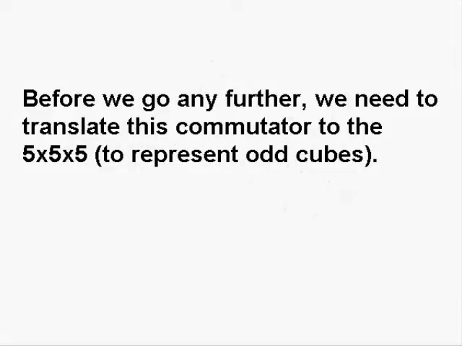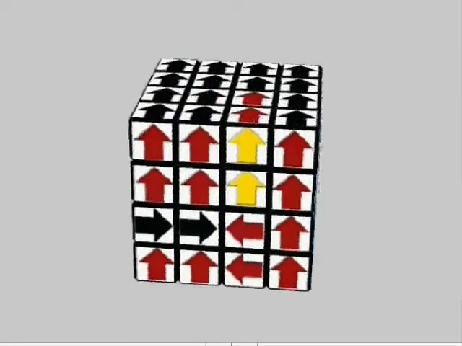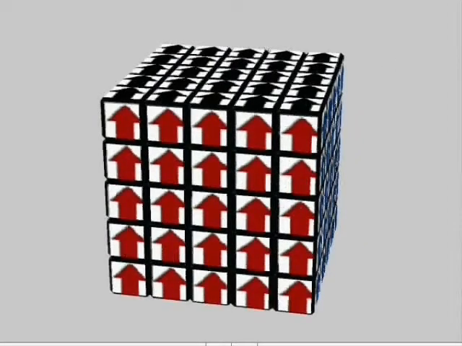To make things a lot easier, before we go any further, we need to translate this commutator to the 5x5 so that we can represent odd cubes. There's a difference between odd and even cubes. The central slice on odd cubes does make a difference now. Why I say so? If I apply this commutator to the 5x5,